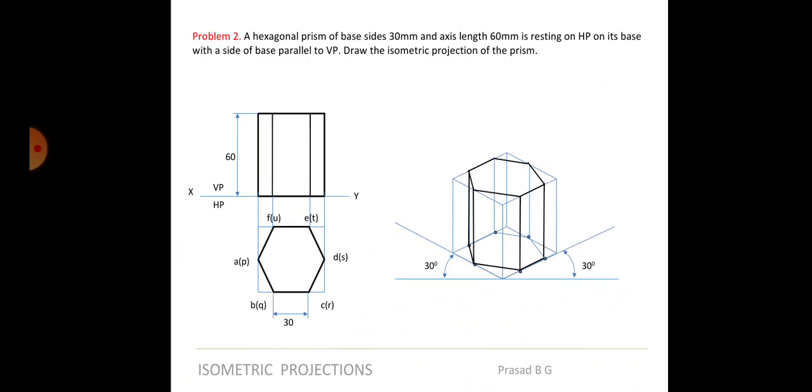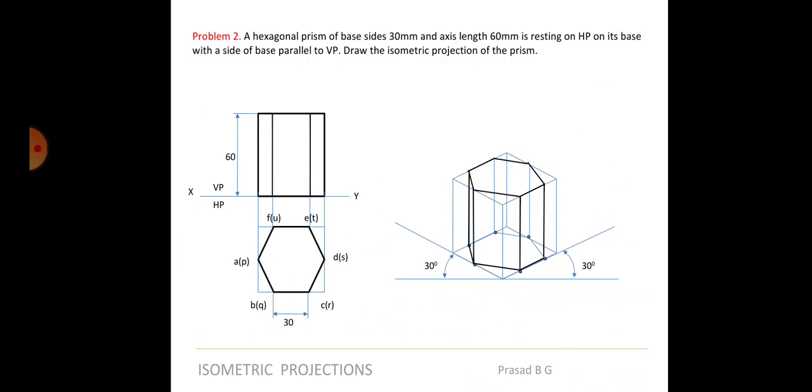I hope it's clear now. So we have done one problem on pyramid and then one problem on prism. Two problems we have completed. So I hope when you go to your solutions or question bank and see, you will have several problems like this. Okay, all I have done till now is all individual objects, isn't it?